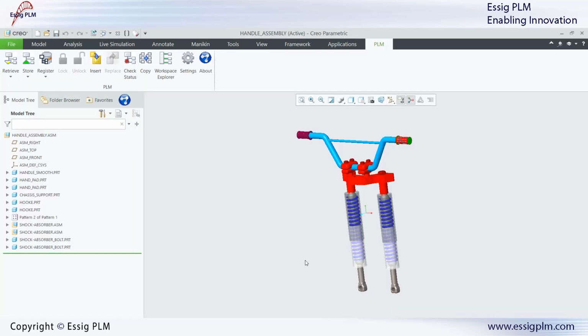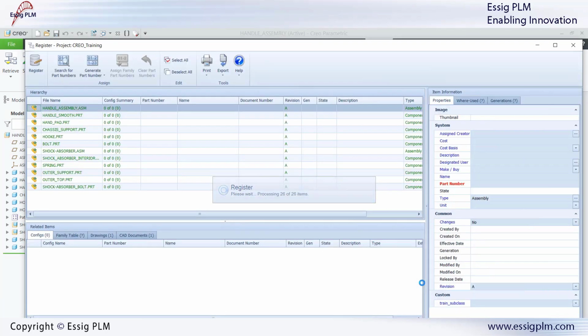We're now ready to register our assembly, components and drawings. I don't necessarily need to have the drawings open in session, the connector will find them for me. There is a pop-up message alerting me that the connector is set up to rename files. I click yes, and I access what is called the Register Hierarchy Explorer. This window has the important function to allow me to revise all the information before committing to register my design into the PLM system. First of all, I will create part numbers for all my new PLM parts and CAD